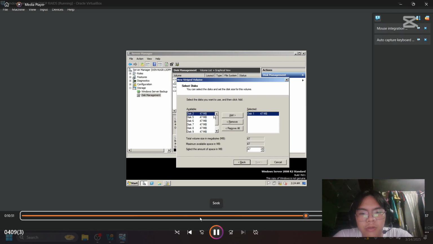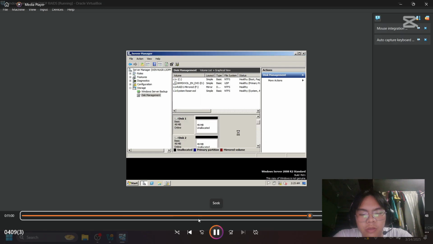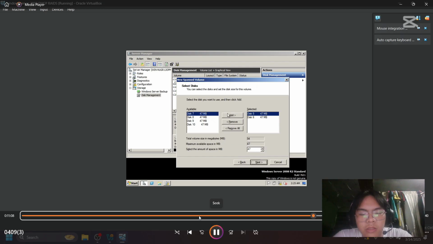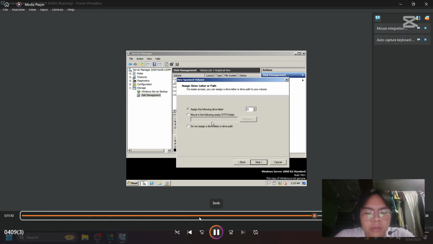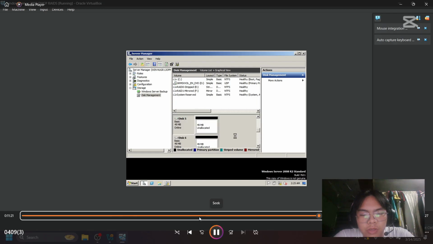And I did it wrong on the first one. I need to make a striped because I need a span. Then okay, then go back to the span, create 3 disks for the span, then next, then change the label into RAID 2 span, and next, then finish, then okay.